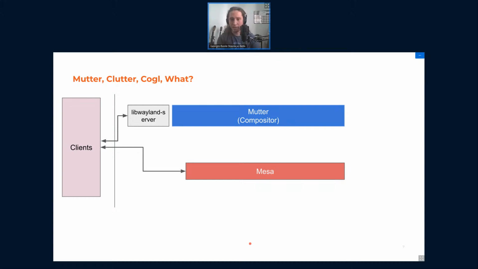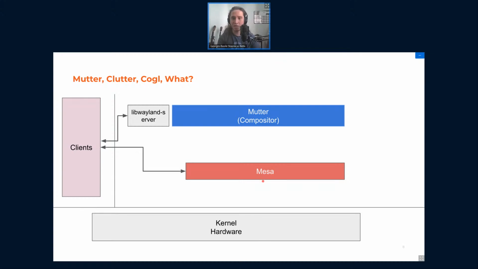And of course, drawing stuff means accessing the hardware to some level. But then after sending a buffer to Mutter, it needs to composite it. And it does compositing using Clutter and Cogl. I'm going to cover these layers to some depth later on.